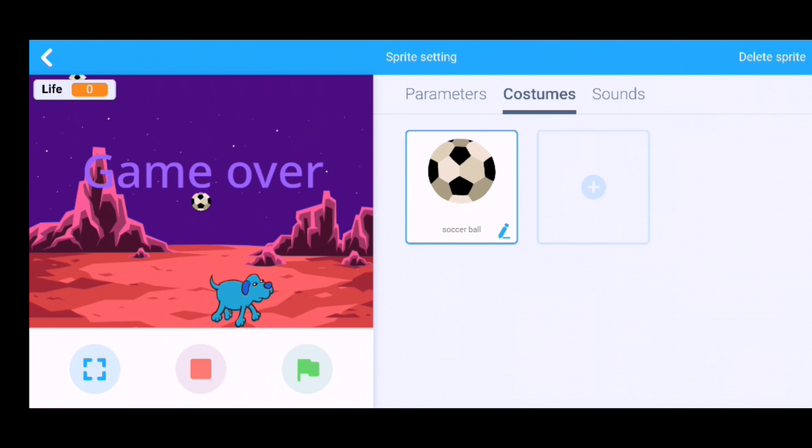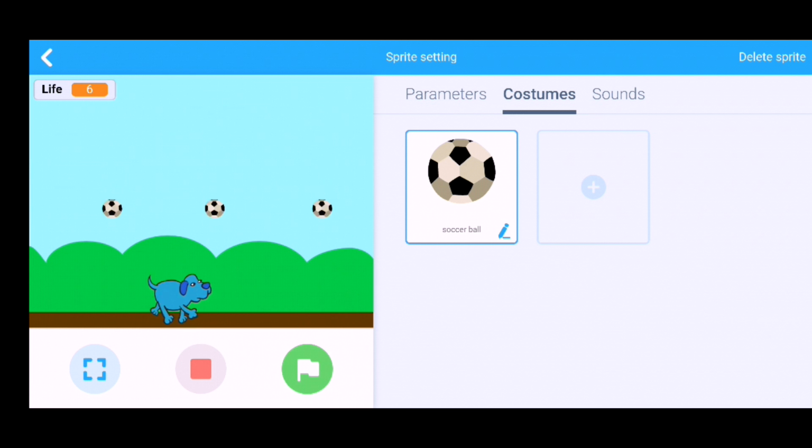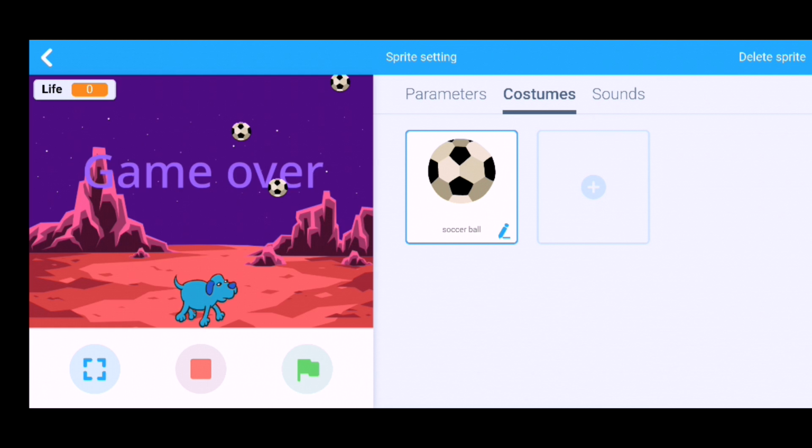Now the number of balls will increase. And game over.